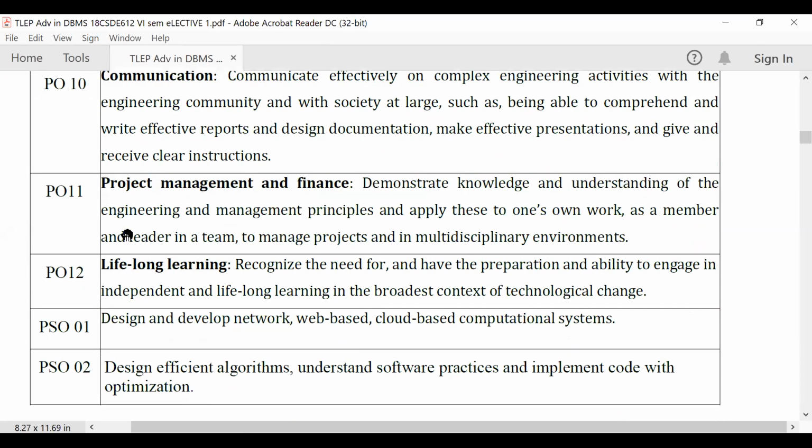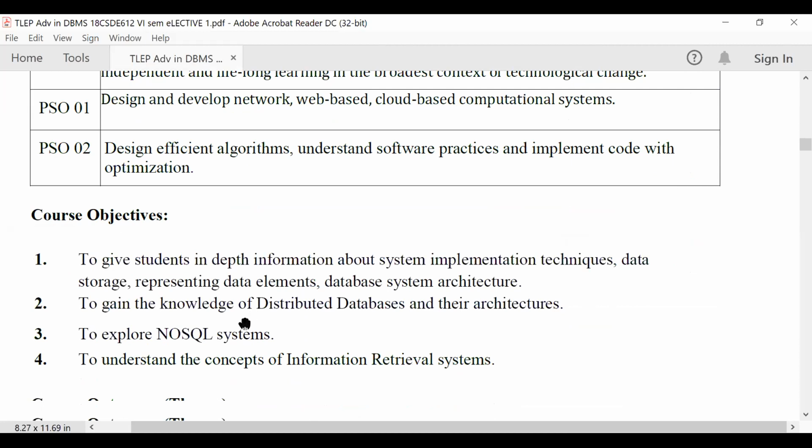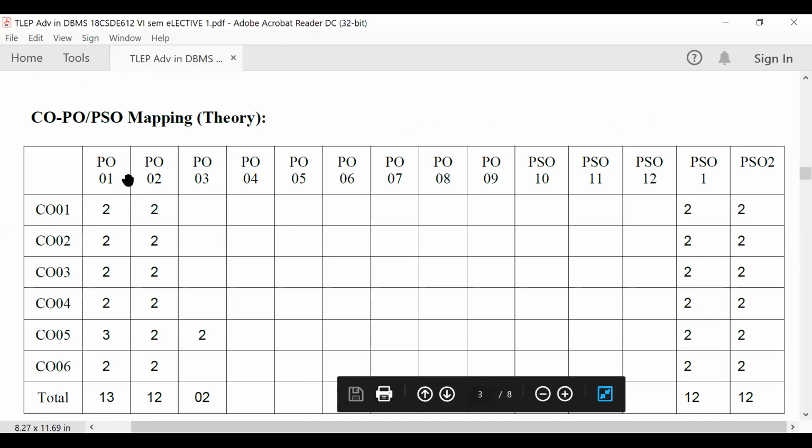And our syllabus Advances in DBMS covers PSO1 as well as PSO2, because we are studying the distributed database management system concepts, and we are using open source software. We are studying the distributed database management system, so we cover the development of network and software. We are going to use NoSQL, Neo4j, MongoDB, software practices. We can make use of some algorithms for distributed database management systems, like divide and conquer algorithms, graph coloring algorithms, graph-based algorithms. So by using the PO statements and CO statements, we are checking how it